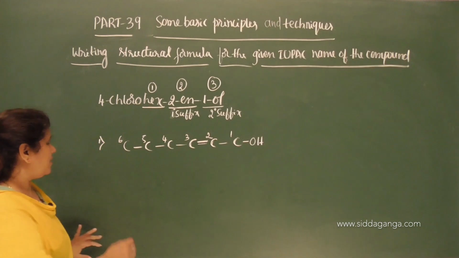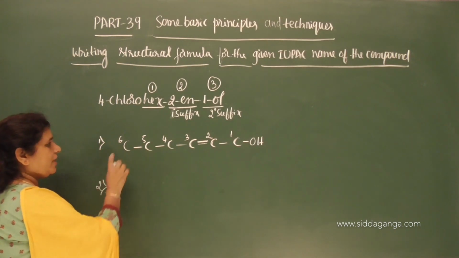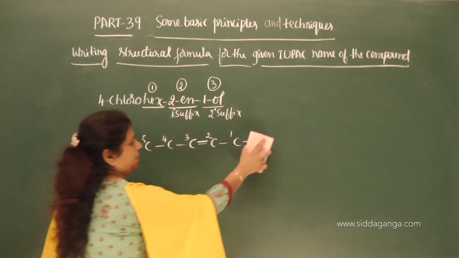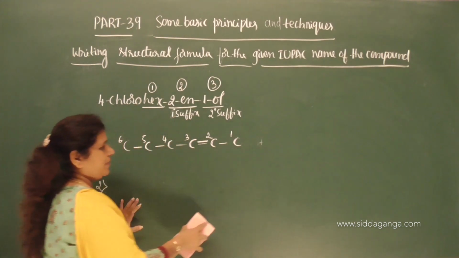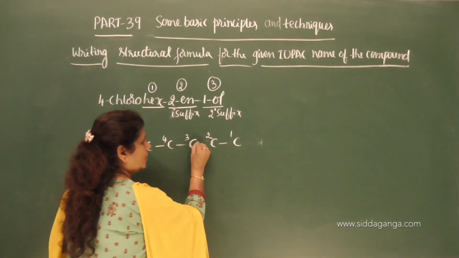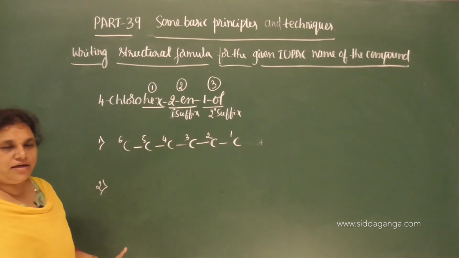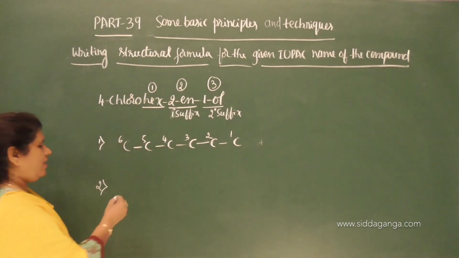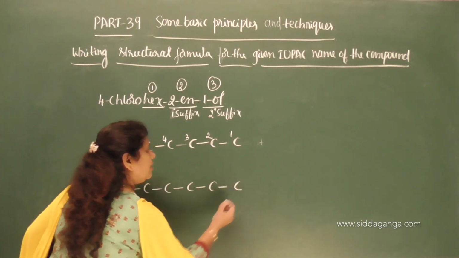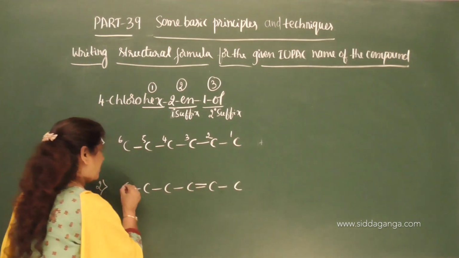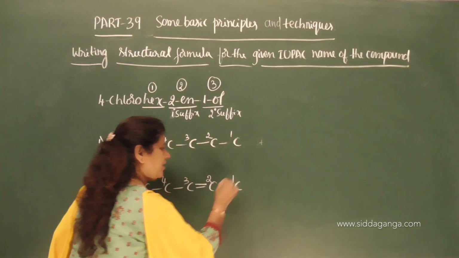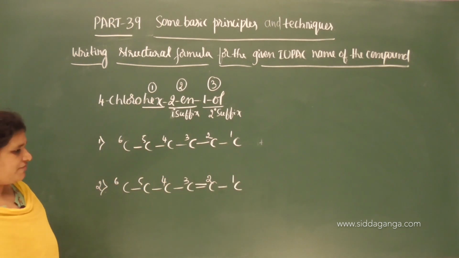So now what is the next step? Next step is place. Now I will write the second step here. This is the first step, correct? First step is writing the carbon skeleton and numbering the carbon chain, and the second step is place the double bond between second and third carbon. So this is second and third carbon. We used the primary suffix here.